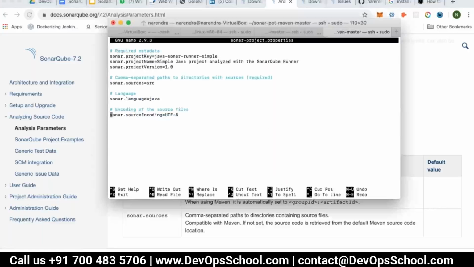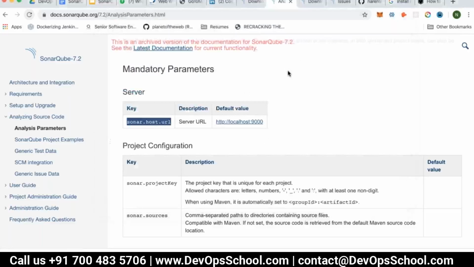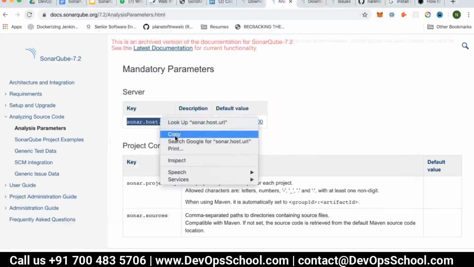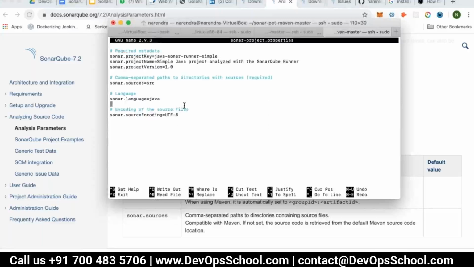Meaning in the demo which I'm showing, Sonar, my project, and the Sonar scanner are all on a single machine. In real time, that could be on different machines, with Sonar running on one machine separately and your project on another machine. At that time, you have to mention your Sonar URL path,